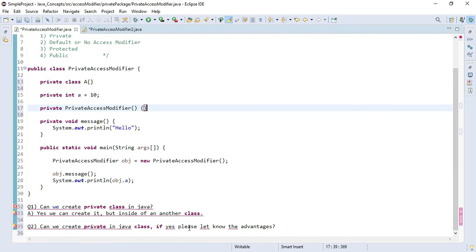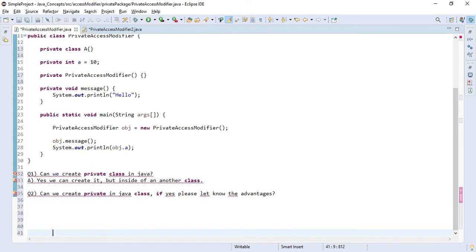Now let's talk about the advantages, like how it will be beneficial for us. In Java, people mainly use the private constructor concept when they want to create singleton classes, where the object of the class cannot be created from outside of that class. So the answer is yes, we can create a private constructor,